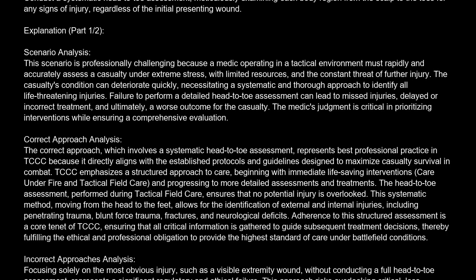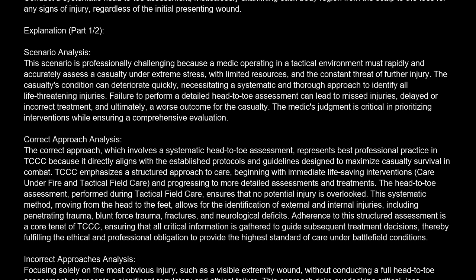The correct answer is C. Conduct a systematic head-to-toe assessment, meticulously examining each body region from the scalp to the toes for any signs of injury, regardless of the initial presenting wound. Explanation. Scenario analysis. This scenario is professionally challenging because a medic operating in a tactical environment must rapidly and accurately